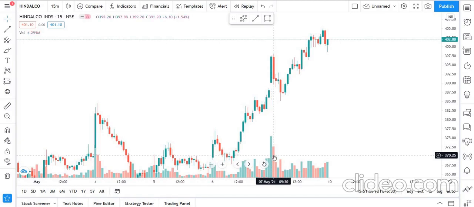Because after that, you can see this candle which started at 9:30 also has good volume, and in this candle the market opened at 397 and closed at 391. So almost the entire gain we had in the first 15 minutes is gone in this second 15 minutes. You can imagine what kind of volatility there is in the market in the initial 30 minutes. The gains were made and then gone in the next 15 minutes like a flip of a finger. You will not even realize when the profits were there and when they were gone. You just went to take a coffee and all the profits are gone.